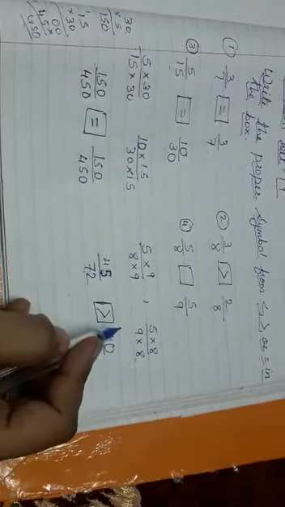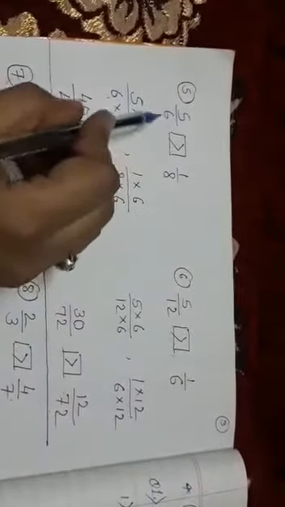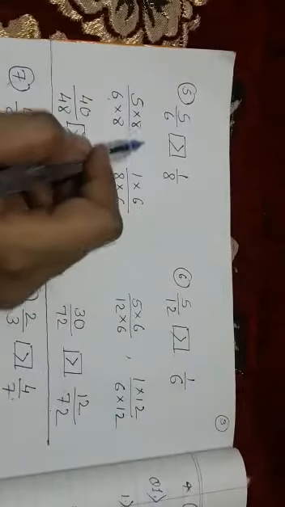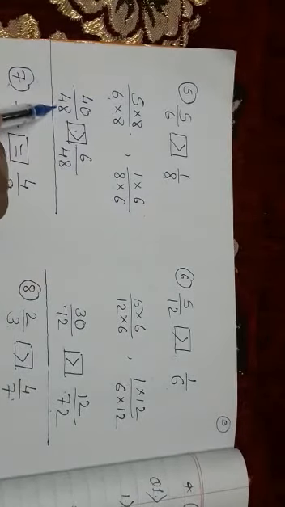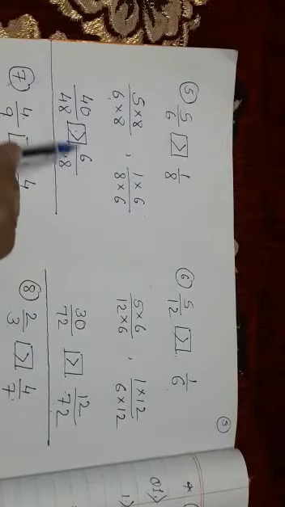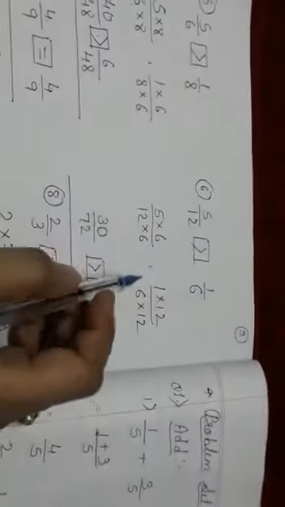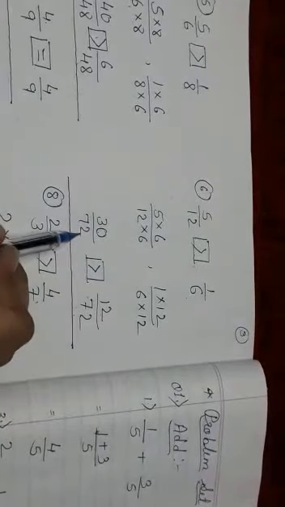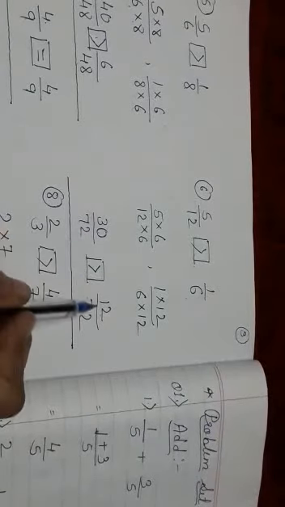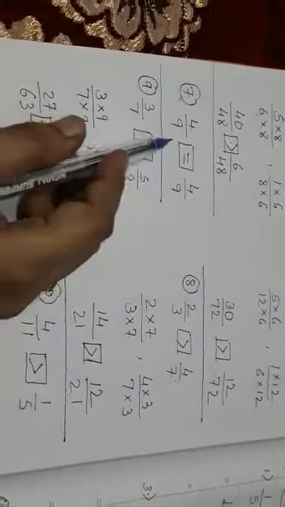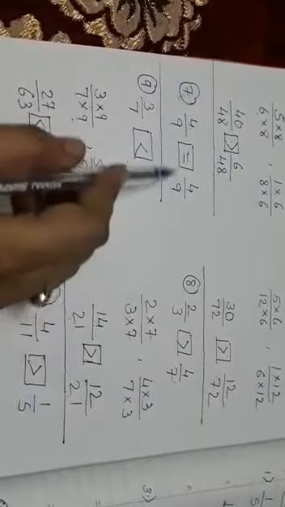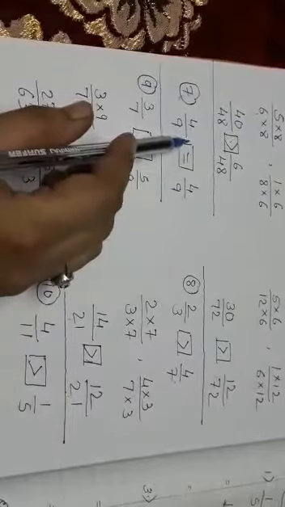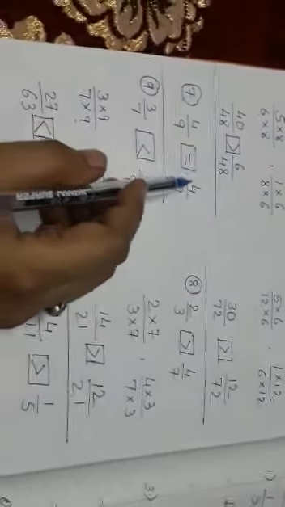The next one, fifth. Again both are different with each other. So I have interchanged the denominators. So this 40 upon 48 is greater and 6 upon 48 is smaller. Now same thing in the sixth also I have done. So this one is greater, 30 upon 72, and this one is smaller. In the seventh one, we don't have to change the denominator because the denominator 9 is already equal, and this 4 is also equal with each other. So that means you will write the equal to sign here.